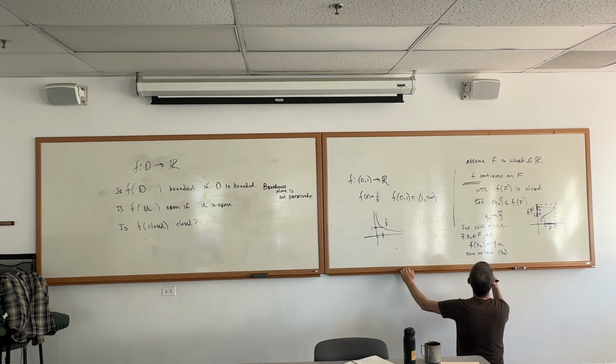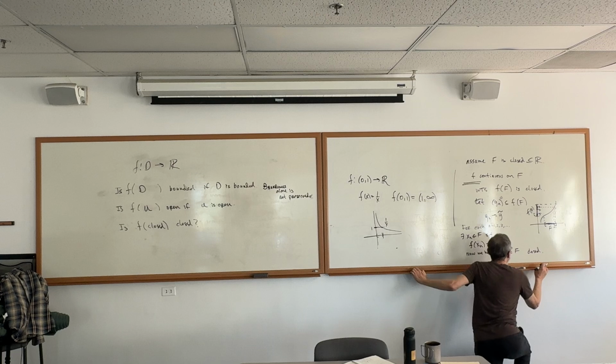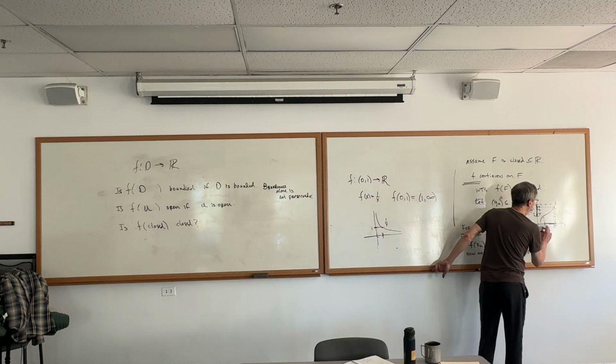It's a sequence of points in F. And F is closed. I'm starting to actually wonder about this guy right now. It does feel like it's true. I'm pretty sure it's true. So we get that sequence of points in there. Just draw it. Maybe that'll make me feel better.